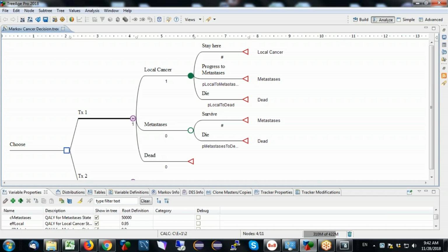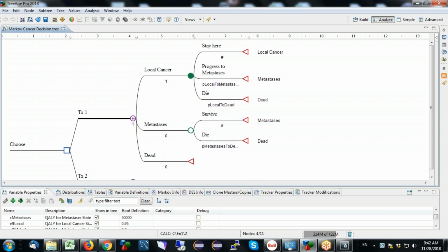Now, this is not a simulation model. I'm just going to pretend it's a simulation model, and I'm going to run microsimulation or patient level simulation on this model because we're familiar with it. Now, I wanted to make some changes because if I really want to see details on the simulation,